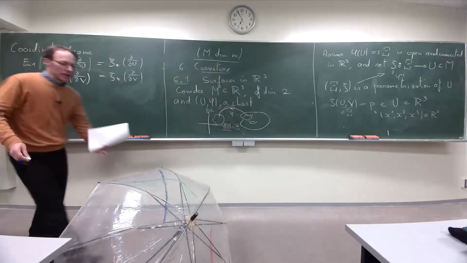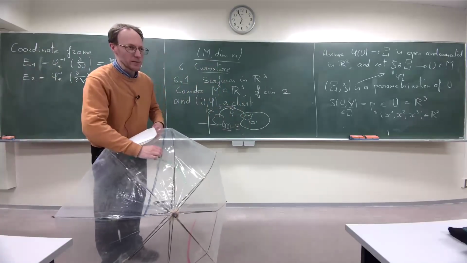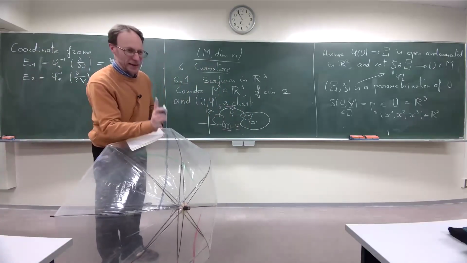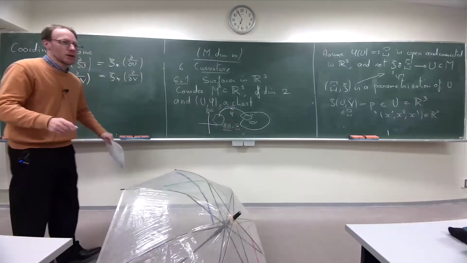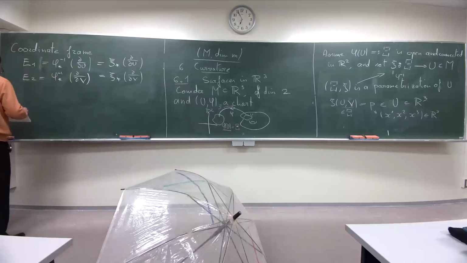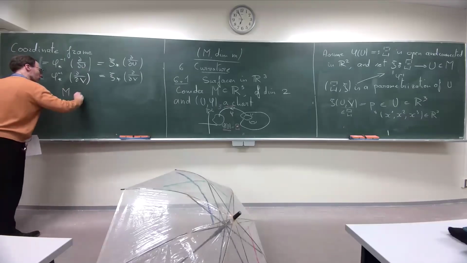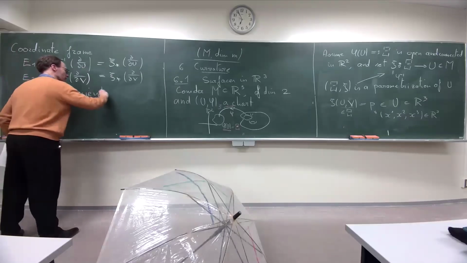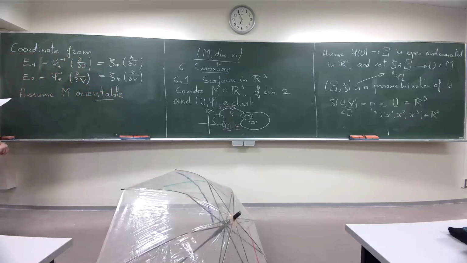But now it means we have naturally at every point 2 tangent vectors, but since we are in R3, I can construct a 3rd one. And this 3rd one is going to be perpendicular to the tangent plane. So for this, I need to assume M is orientable. Assume M orientable, so it's not the Möbius strip. And we have seen what is orientable. And we choose one orientation. So it implies that there exists